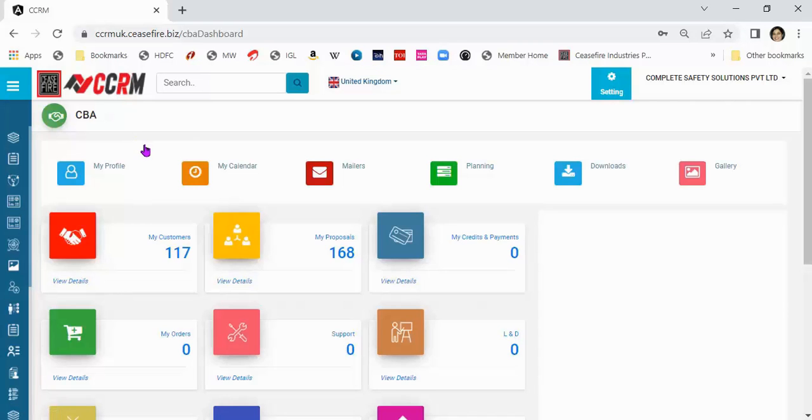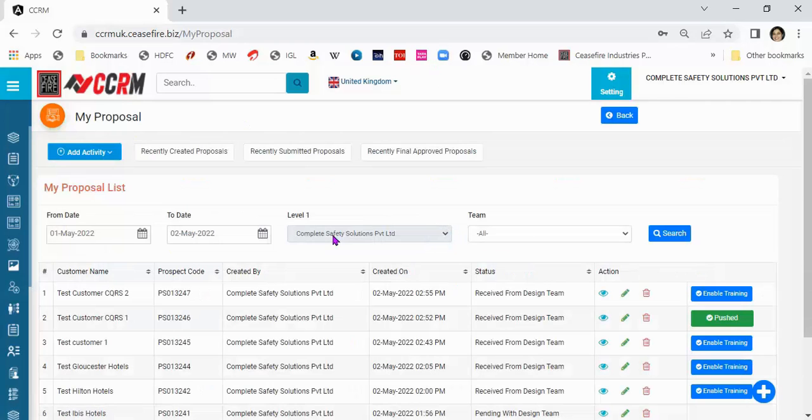Let us see how to complete a handover process for a Cqrs project that we have installed. Let us get into the proposals to see one particular case. Here, as you can see, the test customer Cqrs1 is the customer name. This is a sample that we've given. Let us make a note of the prospect code